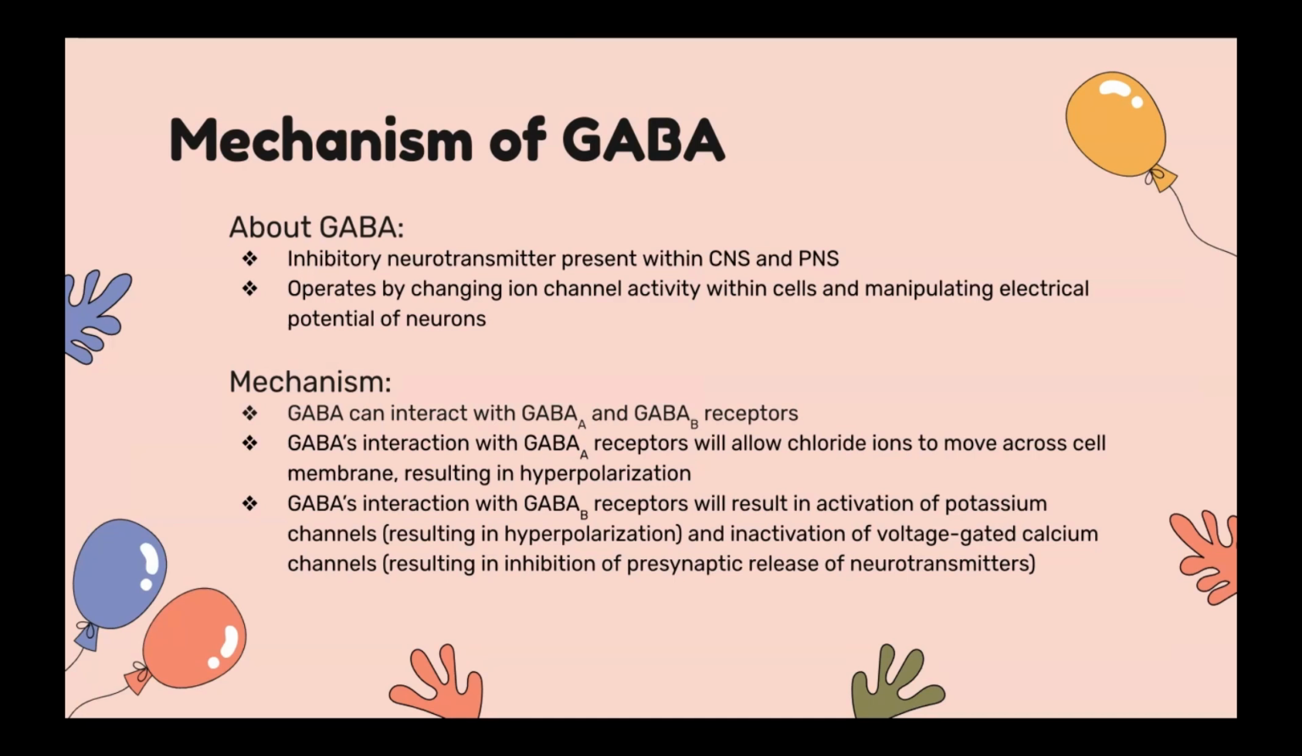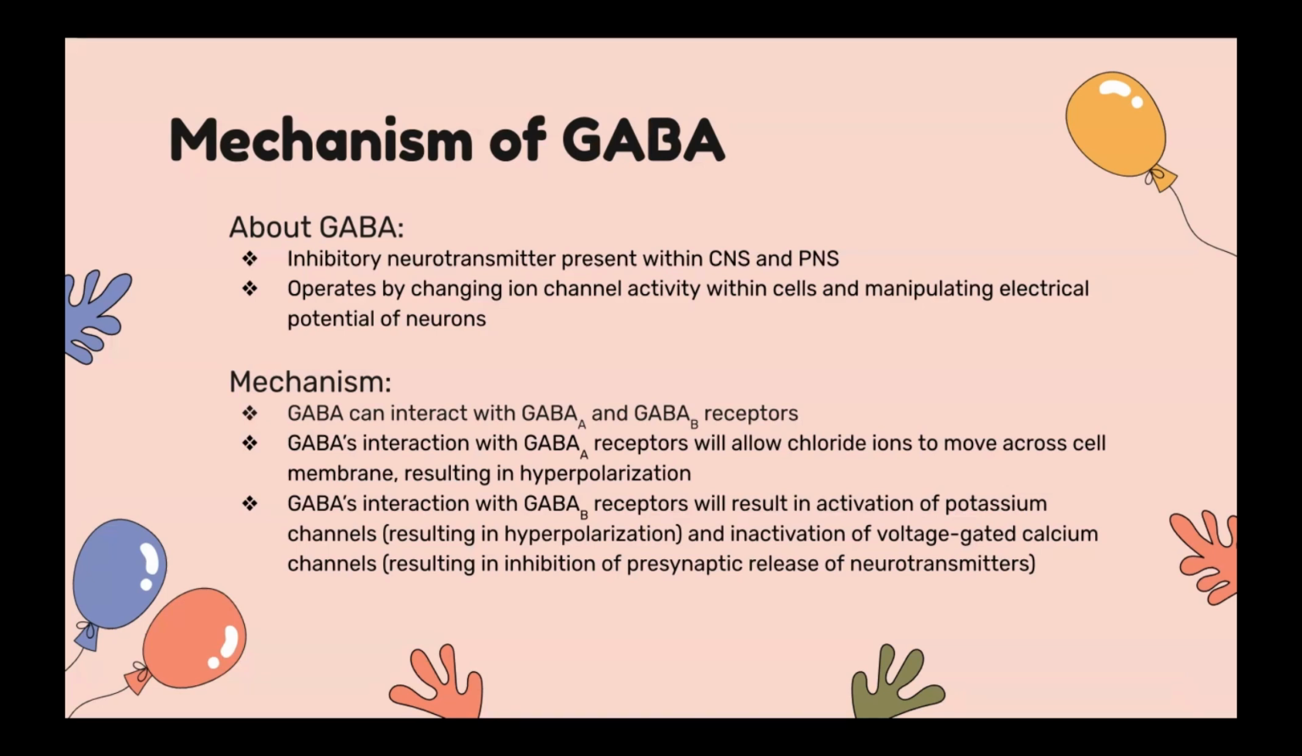GABA A receptors are ligand-gated ion channels. After GABA binds to GABA A receptors, the ion pore opens and allows more chloride ions, which are negatively charged ions, to move across the cell membrane, thus decreasing the resting membrane potential of the cell. The decrease in the resting membrane potential of the cell will move the resting membrane further from threshold potential and result in hyperpolarization, making it more difficult for the nerve to elicit an action potential,